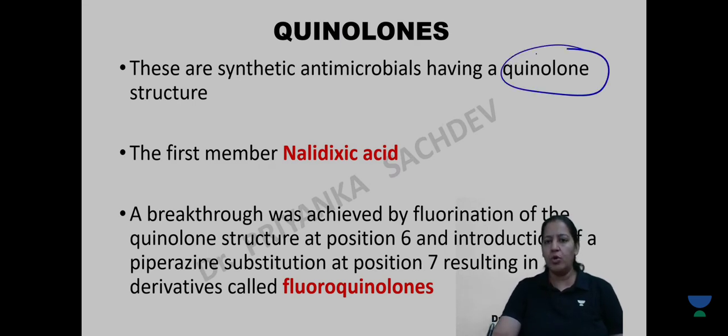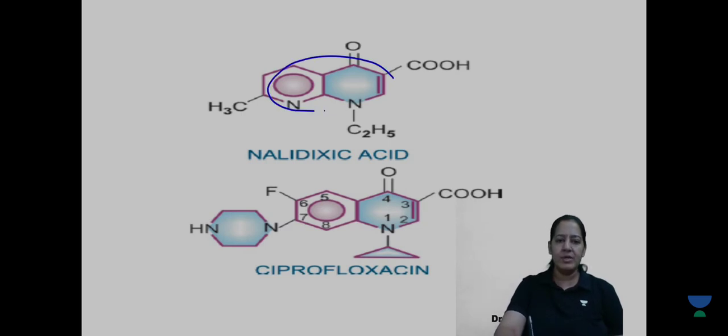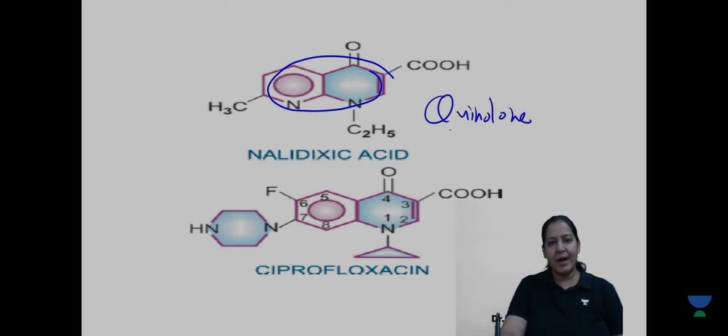Quinolone is known as quinolone because in the structure, this is the quinolone ring. Can you see this is quinolone? This ring is known as quinolone, the 2 benzenes, right? And with this structure, it is a quinolone ring. That's why it is known as quinolone. Give me a thumbs up.